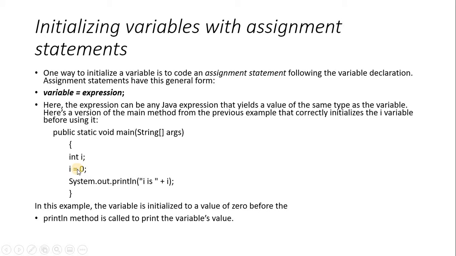You can assign any integer value, and it's possible to show the output. For example, System.out.println is an output statement that is going to print the value. "i value is", and we are concatenating with the plus operator. Here, if a string and any number are joined with the plus, the plus sign will act as concatenation, joining. So it will be printed as i value is 0. It's going to print the value. So in Java we have System.out.println to print any value to the console. It's like cout.